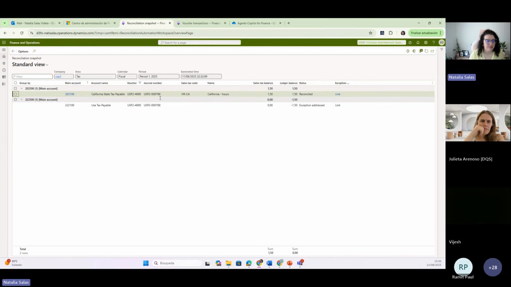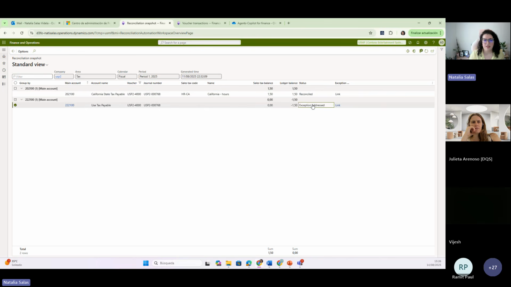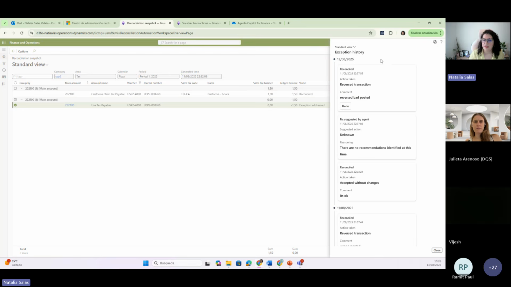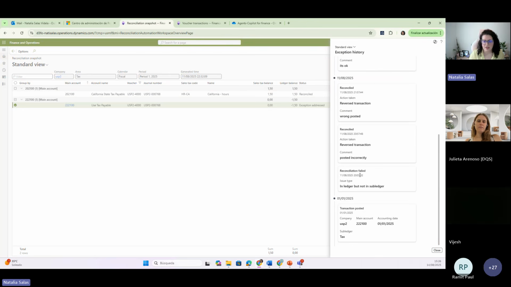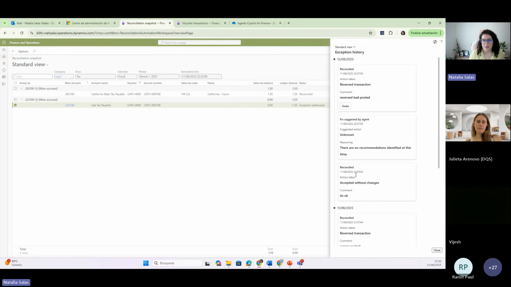So this is the information of the month, of all the transactions posted in the month. In this case, we only have taxes. This is reconciled. This was perfect. Nothing happened here. And we have here an exception addressed. We have 0 in the tax module and $1 in the ledger balance. So what happened here? And we can access all the history of these